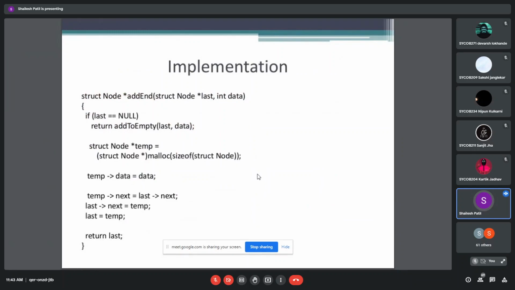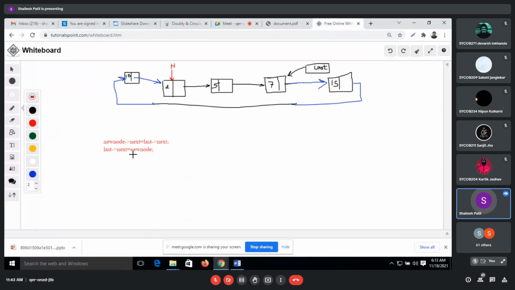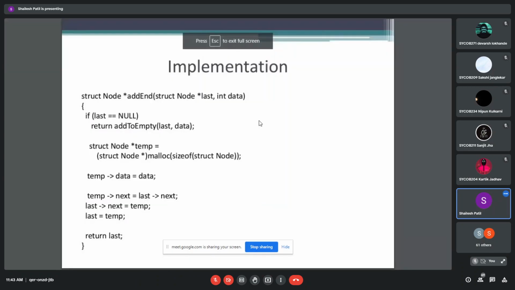Only one update we have to do in the previous code: last next is equal to new node, no issue, but we have to add one more line, last is equal to new node. Now last is pointing to this new node, so this will become our last and this will not be last now. This is the only modification we have to perform on the basis of this last node.